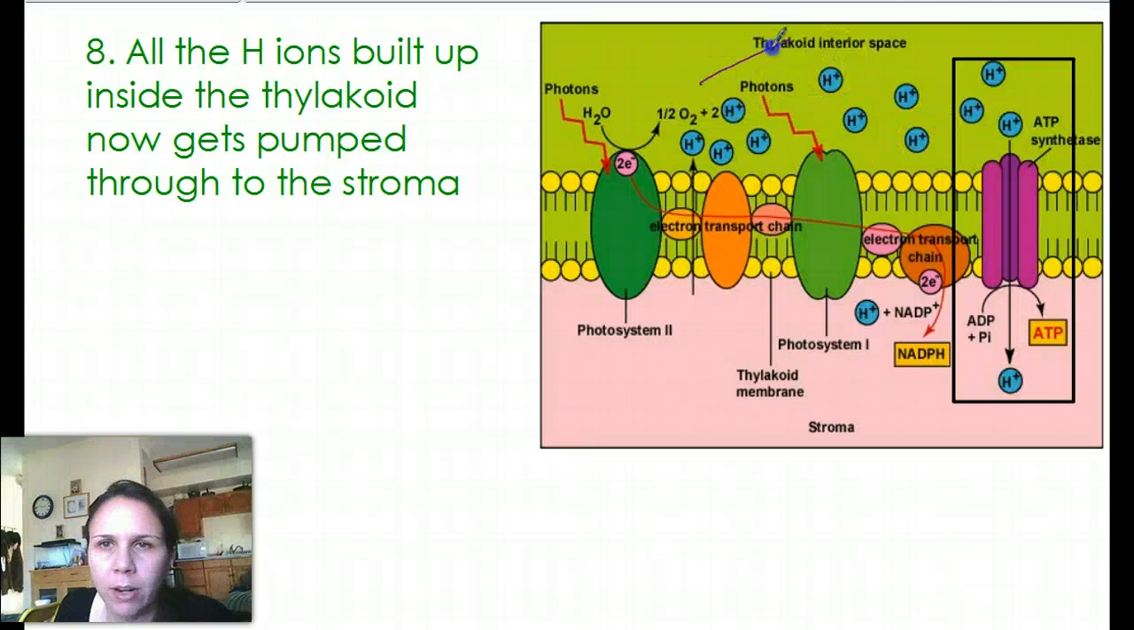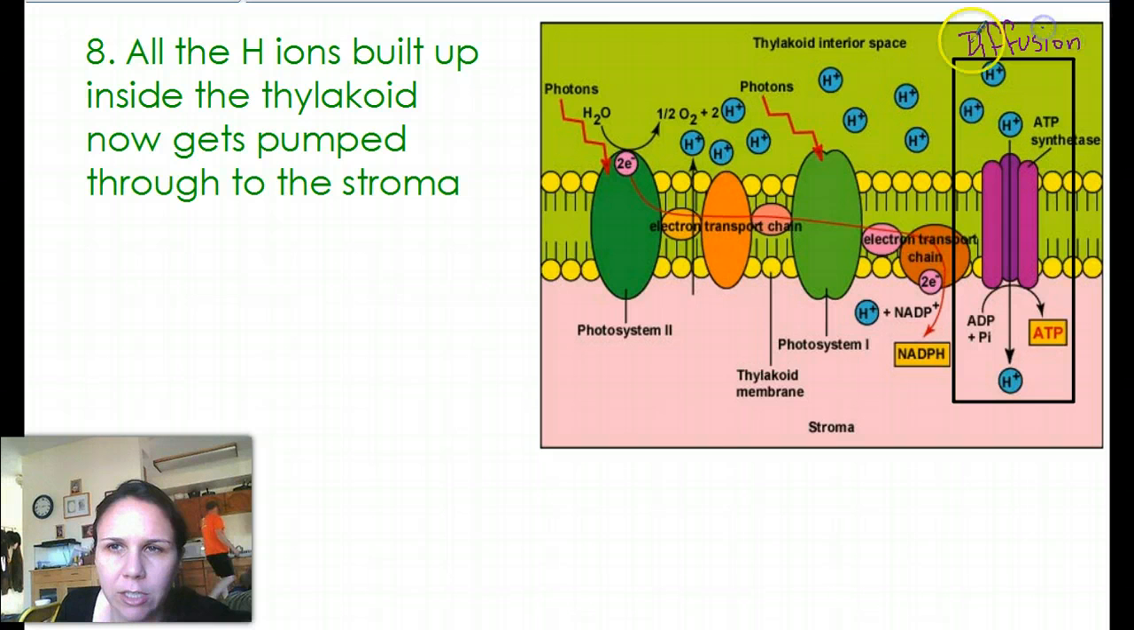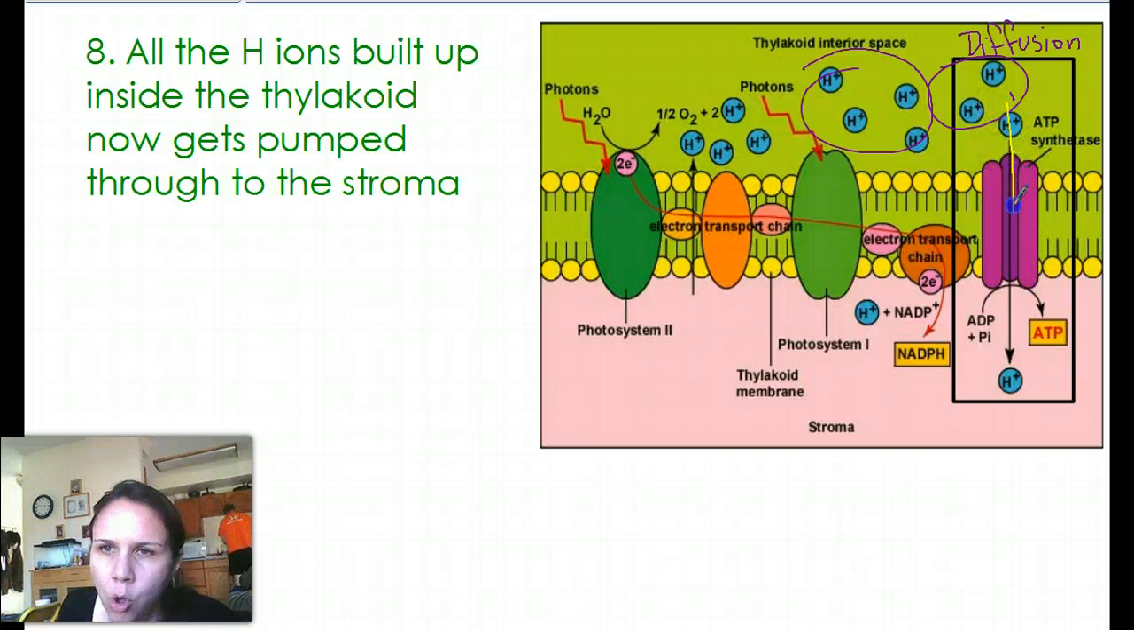Okay, what about all these hydrogens that are just hanging out inside of the thylakoid? What are they going to do now? Well, if they don't go anywhere, the thylakoid's eventually going to explode, and that would be bad for the plant. So we need to get them back out to the other side. So what they're going to do is a little bit of diffusion. We know that diffusion means things moving from high to low concentration without the use of any energy. Since there are so many hydrogens hanging out in here, they just naturally want to flow through a hole to the